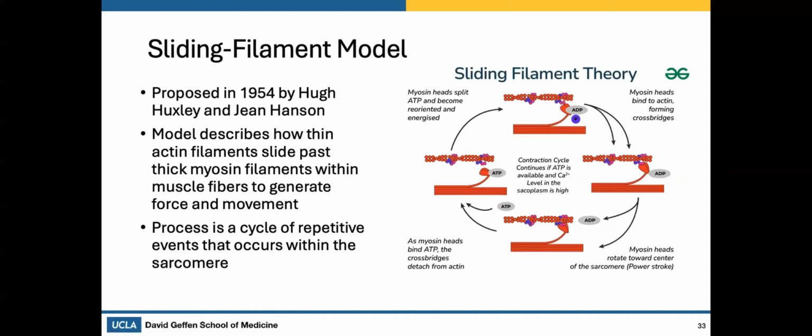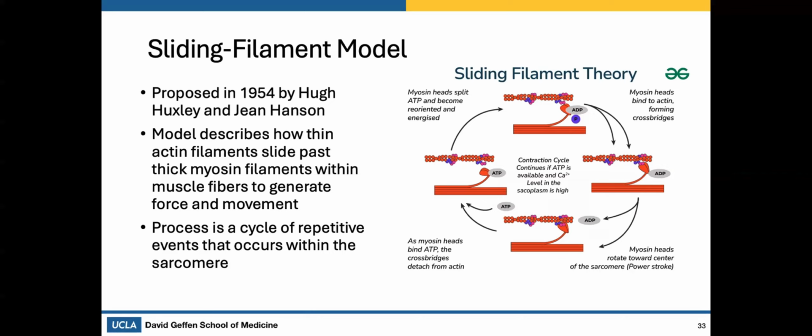Let's talk about the sliding filament theory. The sliding filament theory was proposed in 1954 by Hugh Huxley and Jean Hanson. The theory explains how muscles contract by describing the movement of proteins within a muscle. So what's a broad explanation? This model describes how thin actin filaments slide past the thick myosin filaments within muscle fibers to generate force and movement. This process is a cycle of repetitive events that occurs within a sarcomere, which is the basic unit that controls